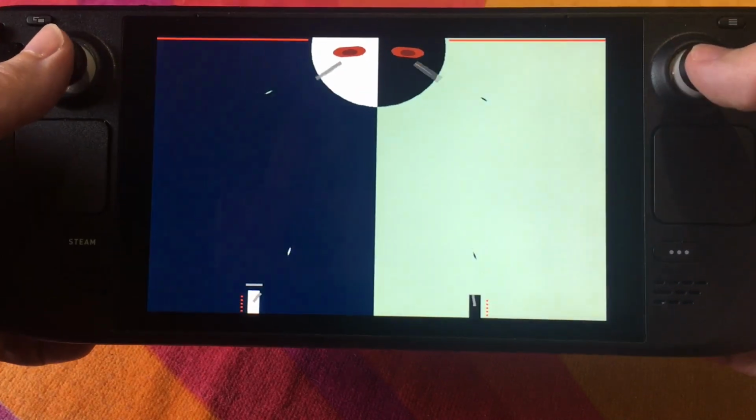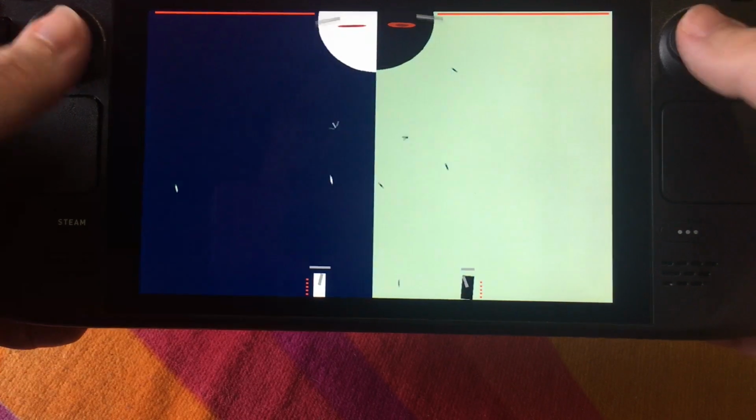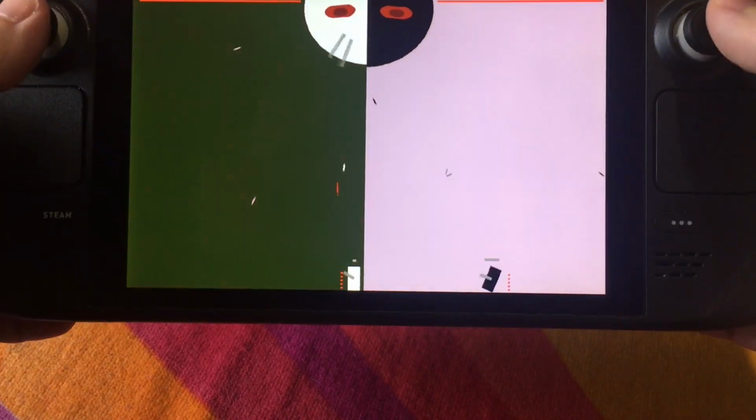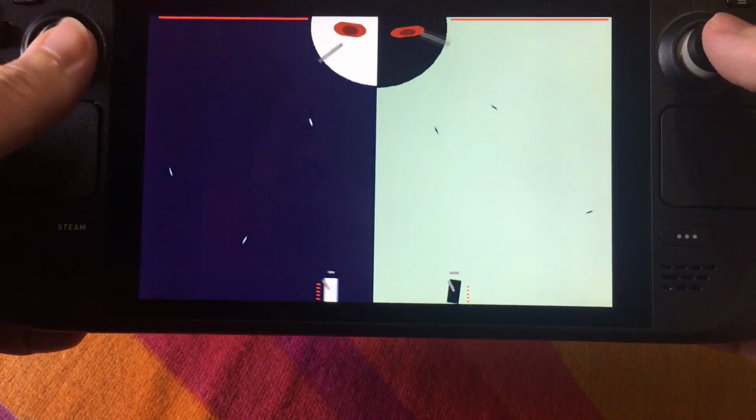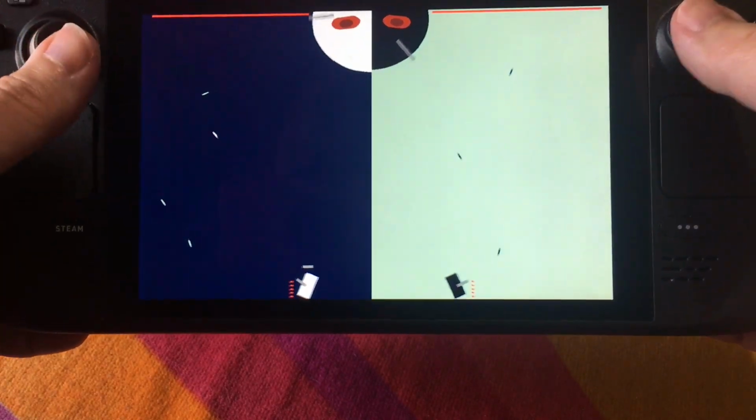So I designed this game. The themes were boss fight and dreams and nightmares. So obviously you can see the big boss enemy up at the top of the screen, and the two controllable player characters at the bottom,